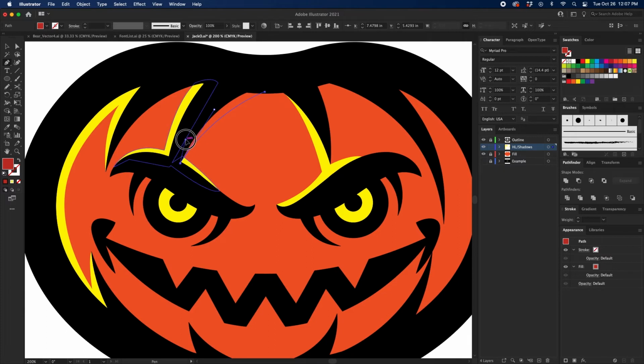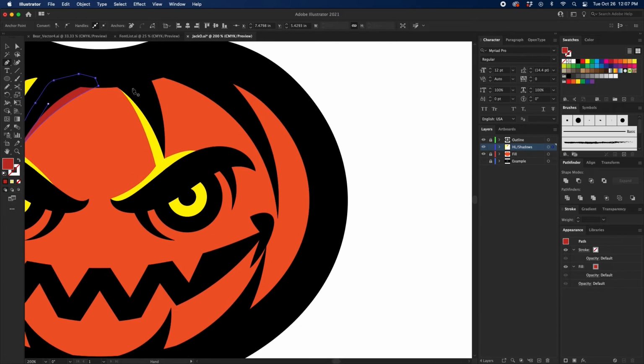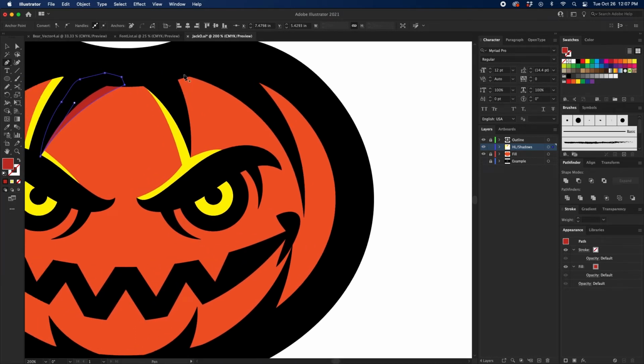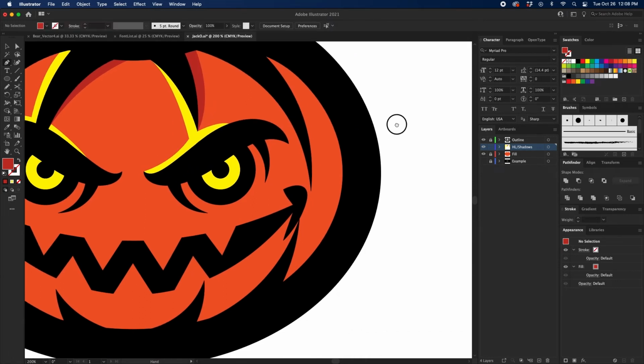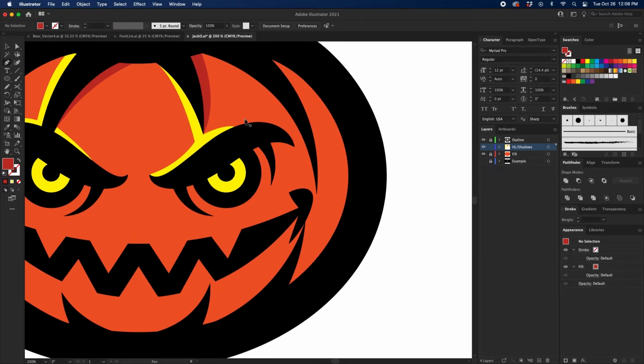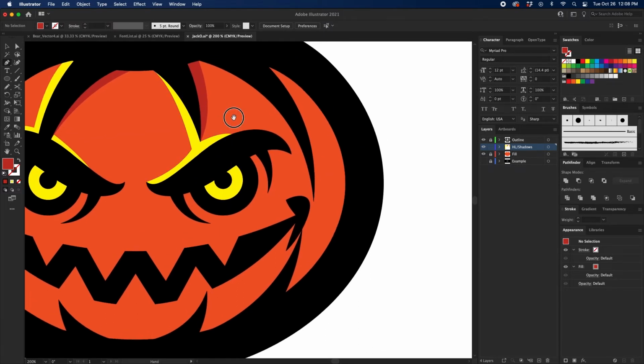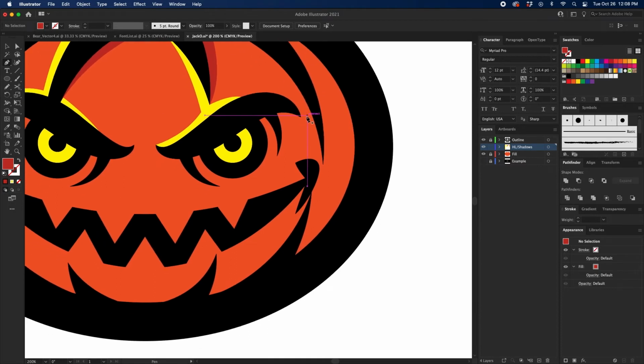Boom, once you have your curve, Alt or Option to bring it up, and then just follow the black. Keeping it on the right side, start up here, from this corner, down to this point, find the curve, go straight up, boom, boom, perfect. Now, for this one, we're actually gonna go from this point right here, this corner, drag it down a little bit, see if we can follow that curve, bring it up,